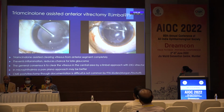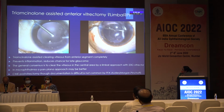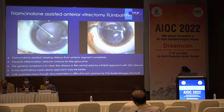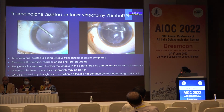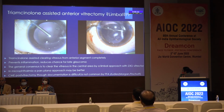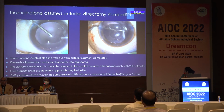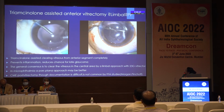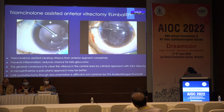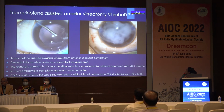So this is done through a limbal approach with a 23 gauge vitrector, but it can be done pars plana too, especially in microphthalmic eyes where we are not planning for an IOL. And CME, though not documented, is not common by FFA studies, as shown by Morgan et al. And after vitrectomy, I forgot to